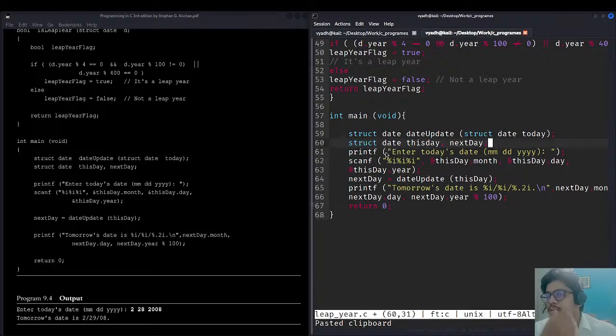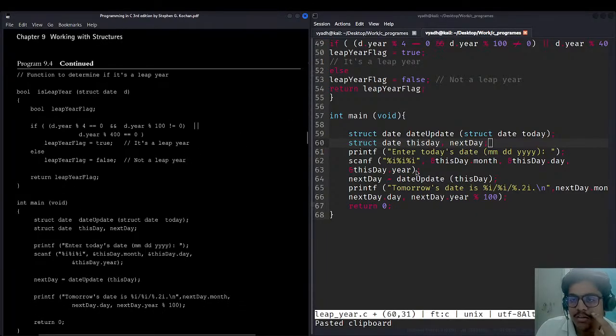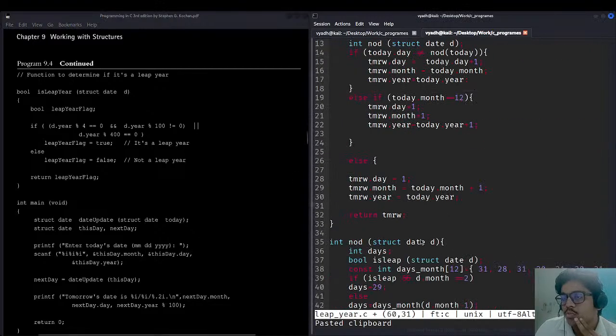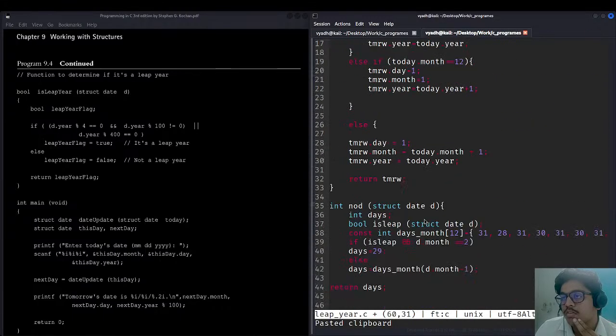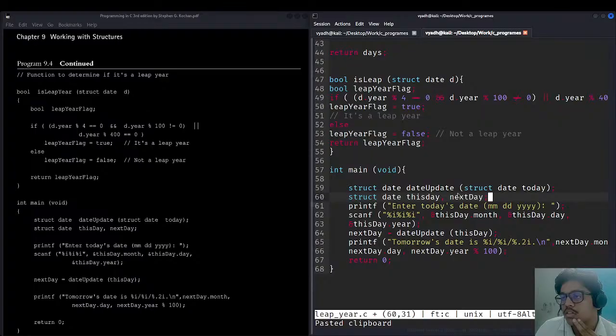नेक्स्ट डे हमने क्या ले लिया। नेक्स्ट डे हमने पिछली बार क्या यूज़ किया था, हमने टुमारो यूज़ किया था ना, तो टी एम आर डब्ल्यू बुलाएंगे हम। ठीक है, तो प्रिंट एफ एंटर टूडेज डेट, दिस डे डॉट मंथ, दिस डे डॉट डे, दिस डे डॉट ईयर, ठीक है। नेक्स्ट डे इज इक्वल्स टू डेट अपडेट दिस डे। अब इसको ऊपर कैसे पता चलेगा, क्योंकि यहाँ तो टुमारो वगैरह ऐड किया हुआ है ना। ओके सो ऊपर से फंक्शन उठा के यहाँ पे आर्ग्यूमेंट्स डाल दिए दिस डे और नेक्स्ट डे, तो यहाँ पे तो ब्रैकेट्स आएंगे।